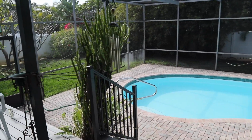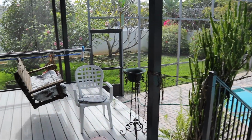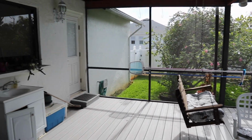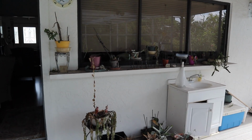What I always do is block off access to the pool deck itself for safety's sake, but this is easy because it's elevated, so this is going to make it really simple. We'll even sell the porch swing there. We don't sell the pool tools. We don't sell the metal that they use as hurricane shutters. Certain things in Florida have to stay with the house, but we will have a lot of room to spread